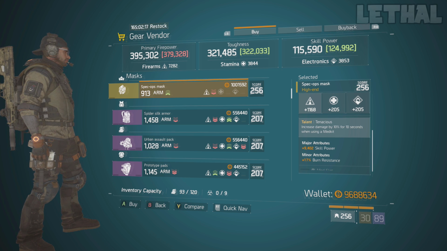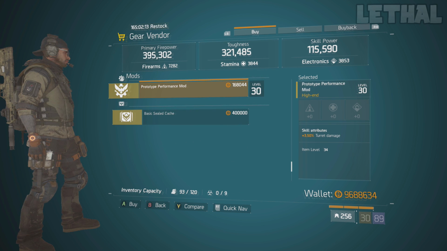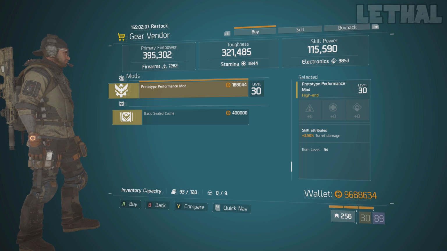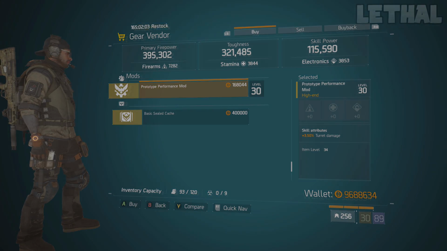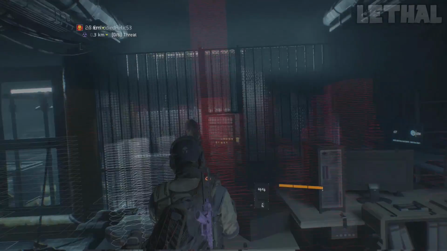The final item from this gear vendor I would recommend picking up is this Prototype Performance mod. It's actually a 3.50% turret damage mod, and this is something you use if you're making a Firecrest build or anything like that. It's just something that, if you wanted, it is located right here if you are in need. Moving straight into the Dark Zone, we come to the Park Avenue vendor, and the one thing I would